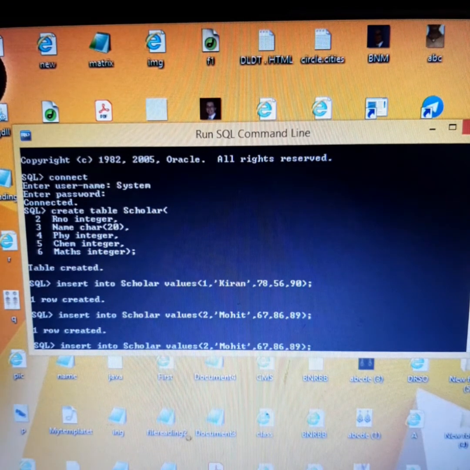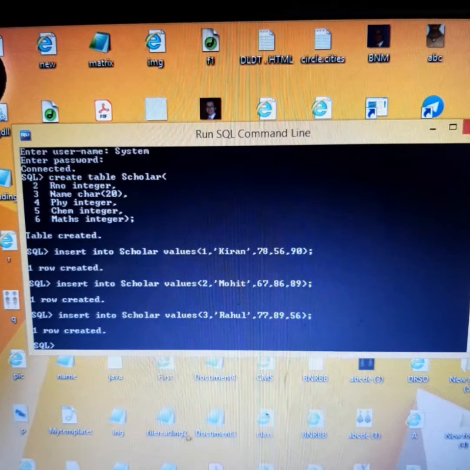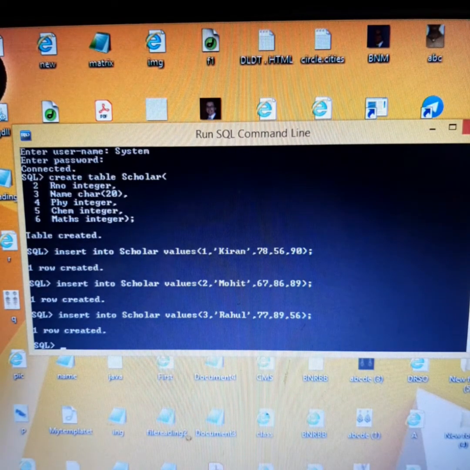Again, if I press the up arrow key one more time, I can change and insert one more record. Rahul, 77, 89, 56. Right?